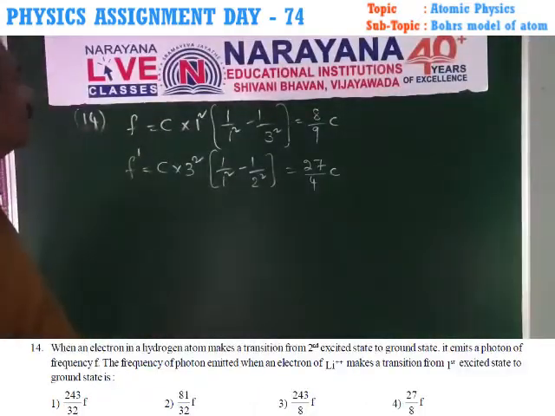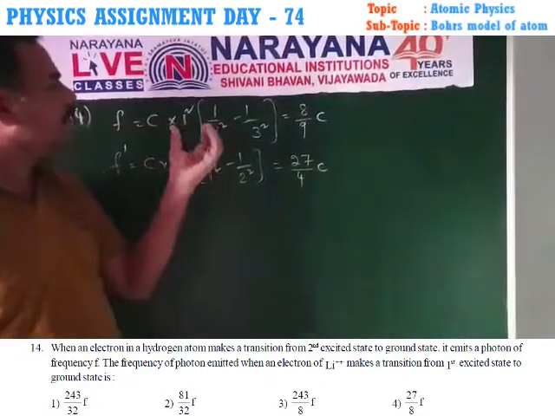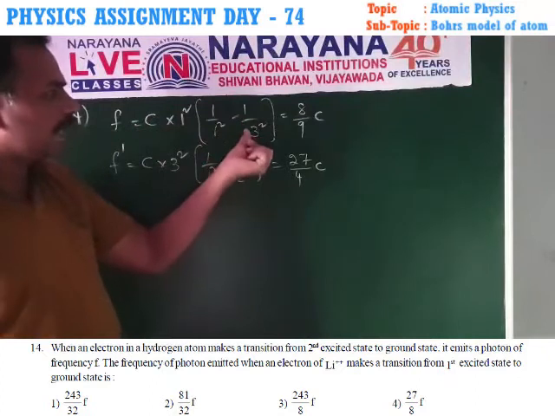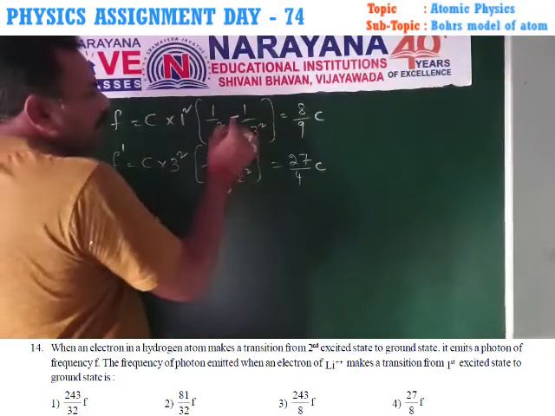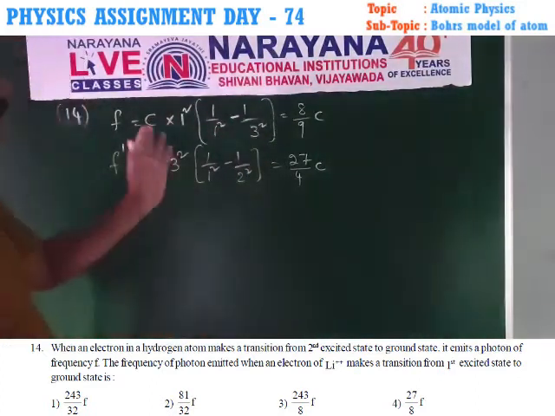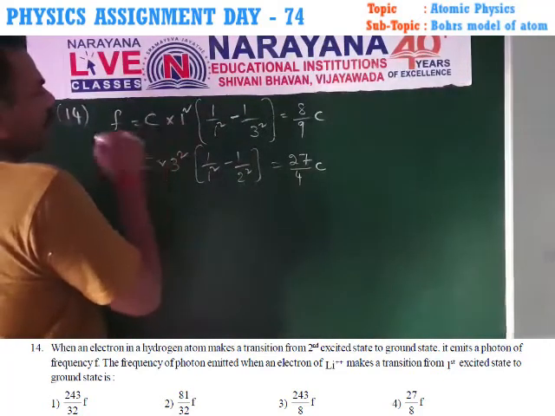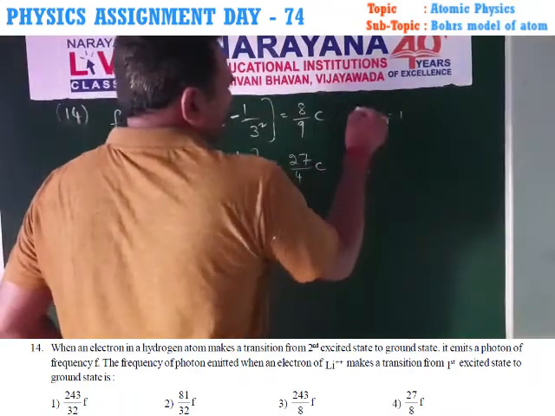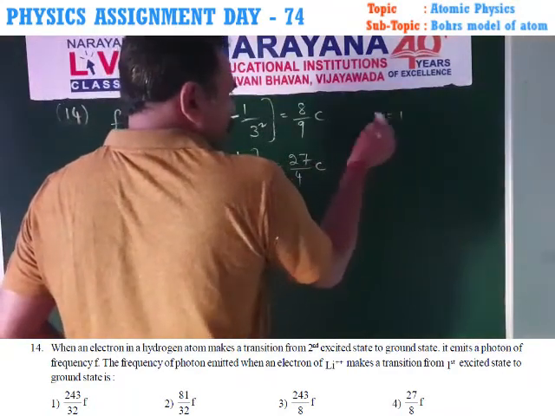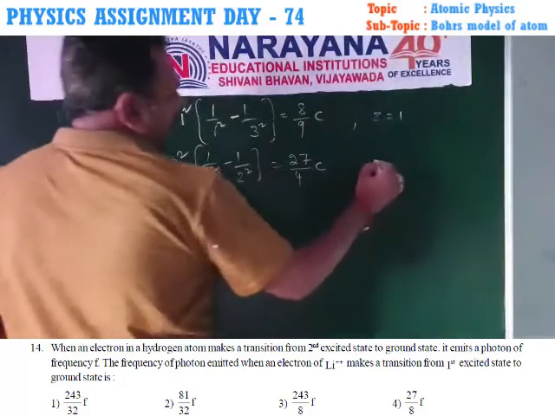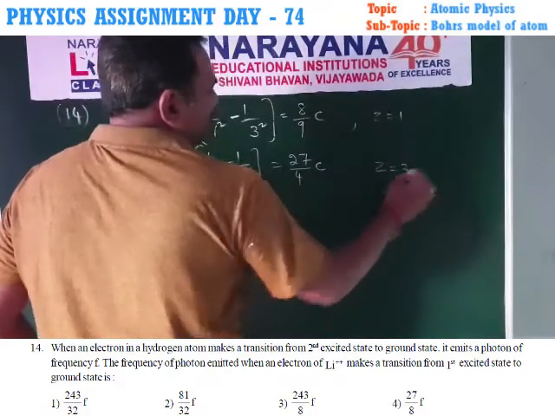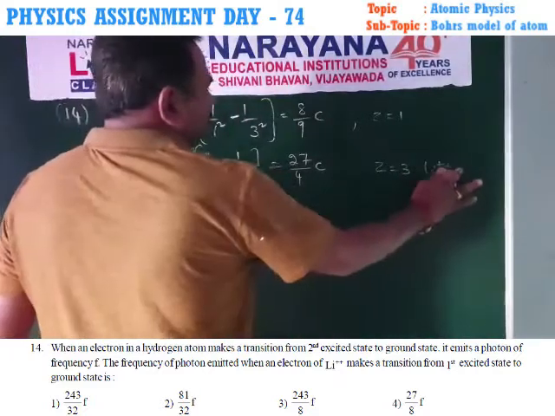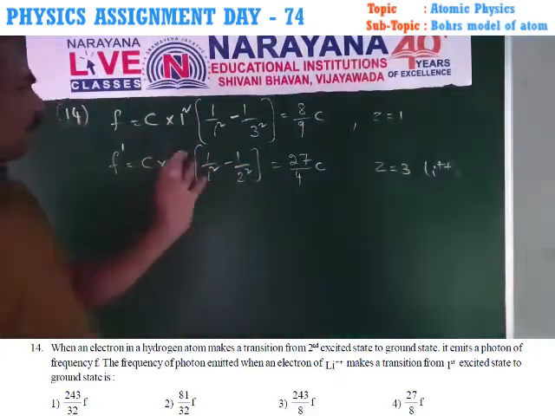Okay, in 14th sum, f is the frequency required by photon to jump from second excited state, that means third orbit, to ground state. That energy is f is equal to c into Z square. That is hydrogen like atom. In this Z is equal to 1. But here Z is equal to 3 only. Li plus plus is there. So Li plus plus atomic number Z is equal to 3.